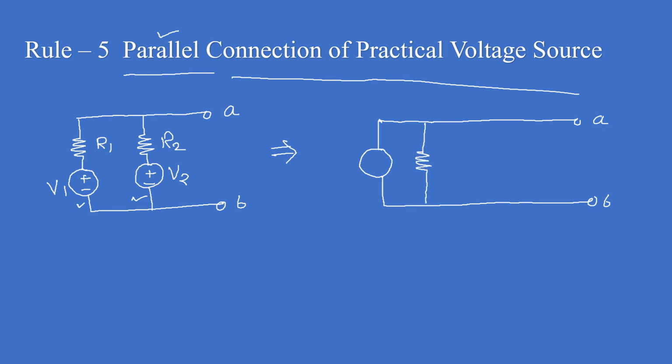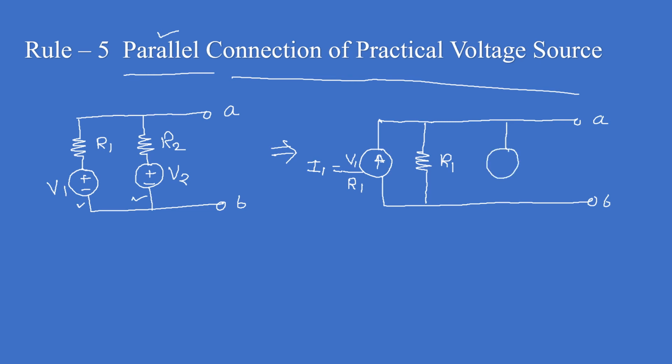So the resistance value will become the same, the polarity is plus minus, so the current will go in the upward direction. Now I will write here the value is V1. Now just by Ohm's law, what will be its value? V1 upon R1. Okay, so now the first voltage source is converted into a current source like this. Now in a similar way, I will convert the second one.